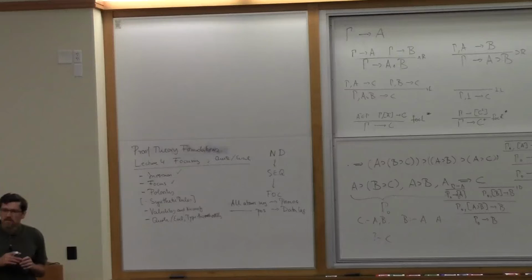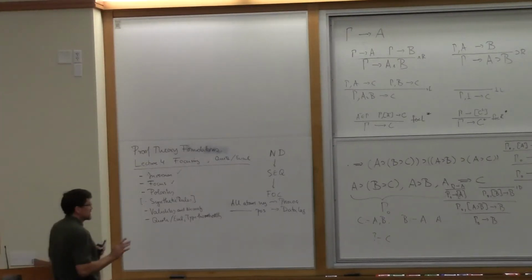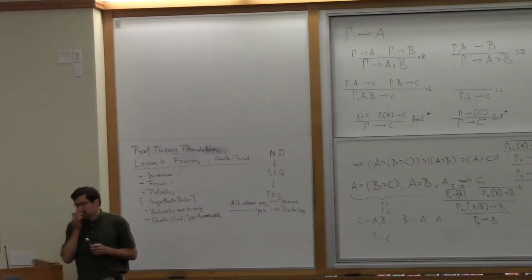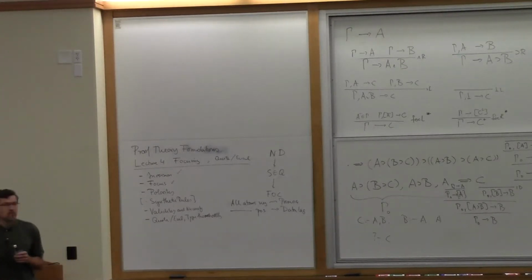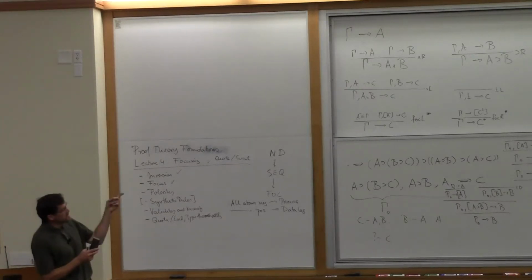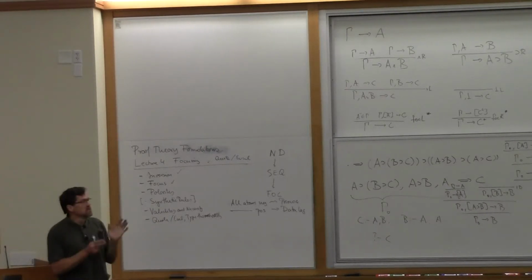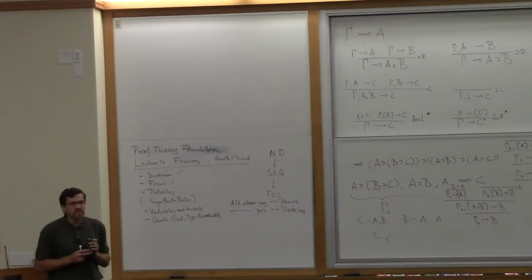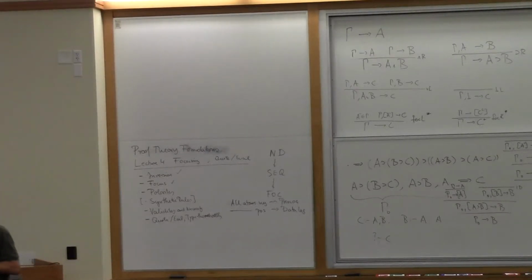Are there some formulas which you can't prove if you make the atoms positive instead of negative? No, because of the theorem that I mentioned and didn't prove. The theorem says, no matter which polarity you assign to the atoms, if something can be proven in sequent calculus, then we can prove it with focusing. The proof of that is actually quite interesting. It essentially uses a cut elimination argument, not on the original sequent calculus, but on these focused sequents. But it proceeds very much the same way. At least that's the key step in the proof.